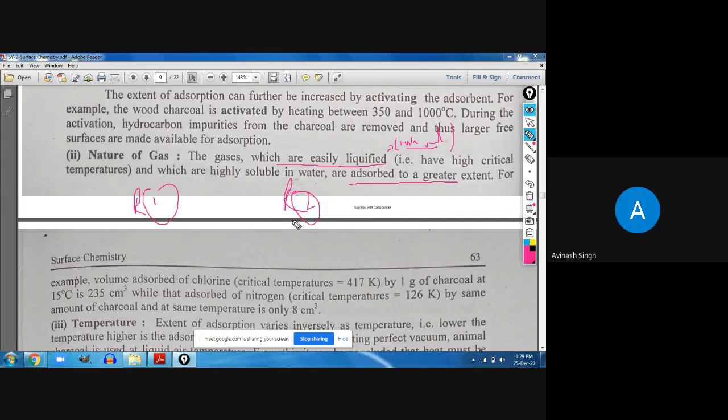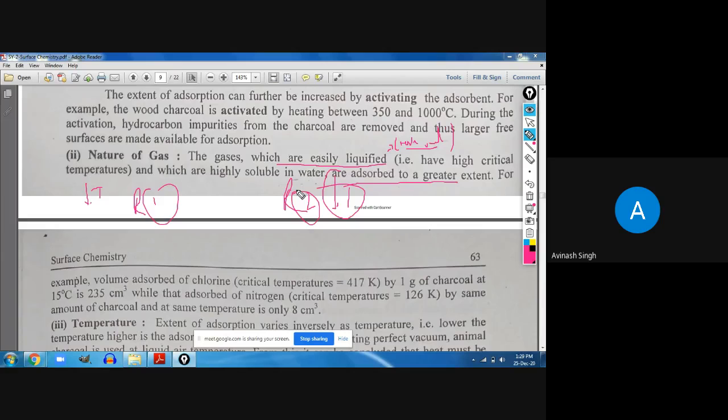How will we know? If we liquefy them, R1 will liquefy sooner. Now pay attention here. When I say liquefy, I am decreasing the temperature, right? Yes sir. And the temperature at which the gas is converted into liquid,